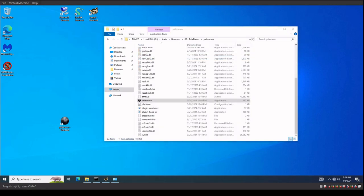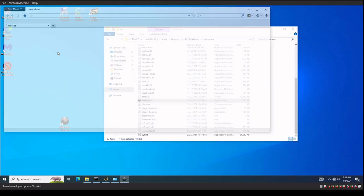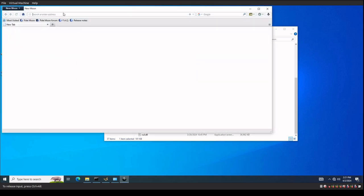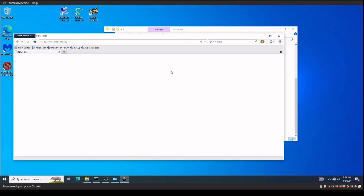Okay, so we have our scan going again. We're back on our internal network. Let's take another look at our PaleMoon configuration. We're going to just launch this and see what this looks like. So once again, this looks like yet another port of basically our...